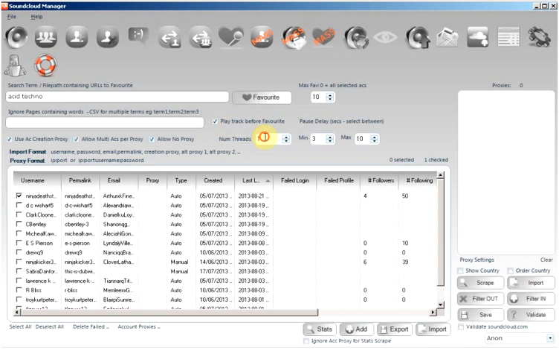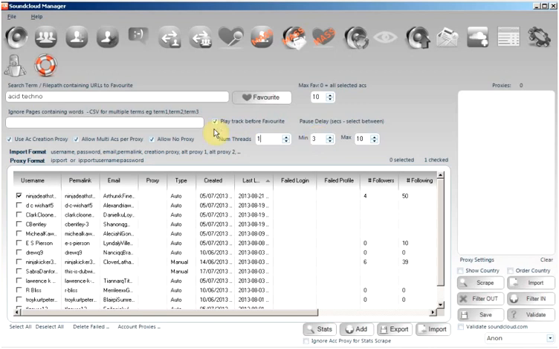You can specify the number of threads if you want to speed things up. I always recommend going slow and steady, keeping it under the radar of SoundCloud. It isn't always about doing things as quickly as you can, it's about doing things as realistically as you can, keeping under the radar of SoundCloud so they have no reason to think your account is being controlled by automated methods. It's a good idea to pause after favoriting each track, again to make the actions appear as realistic as